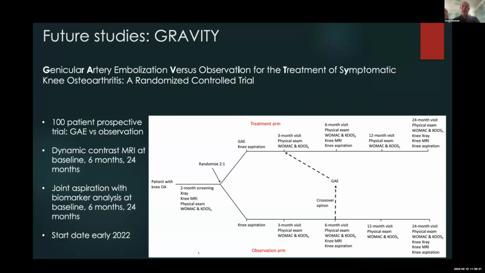There's a crossover at 6 months. We're about 10 patients in at this point. We'll be looking at baseline, 6-month and 2-year analysis. So we're still probably about 3 years away from publishing this for you all. But it's very exciting, and I think it will be positive, hopefully. And this can really establish IR in another area of therapy that could be super impactful.